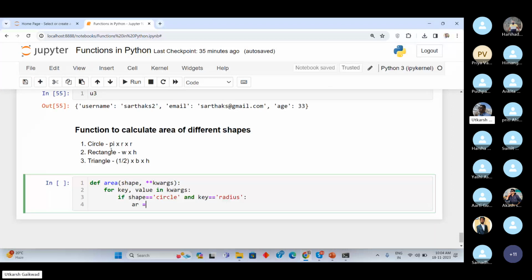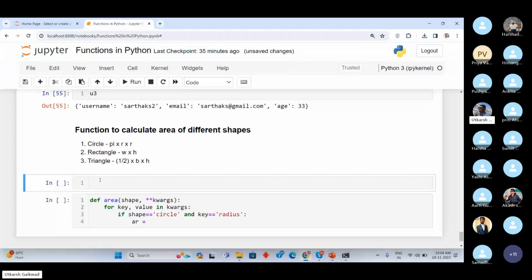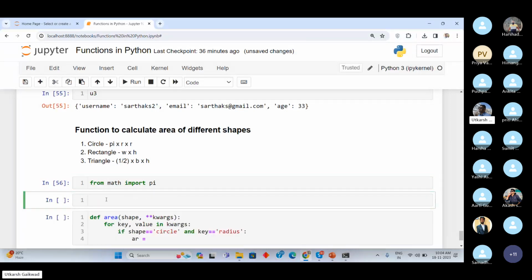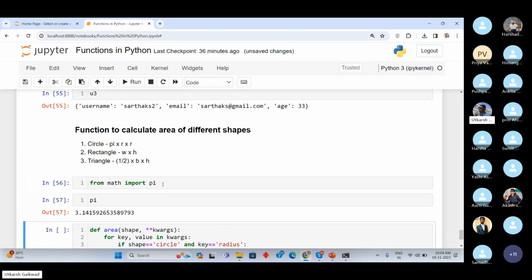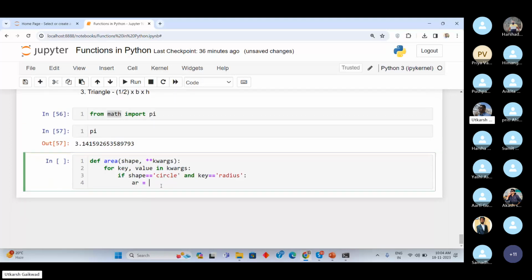So area of circle. So simply अगर आपको pi का value import करना है, आपको separately copy paste नहीं करना पड़ेगा. So simply from math import pi value. So pi का value इसमें already predefined रहता है Python में. So it is already predefined in the math module. So 3.14, this is the pi value. So area is equal to pi into radius. So इसमें dictionary value जो है,